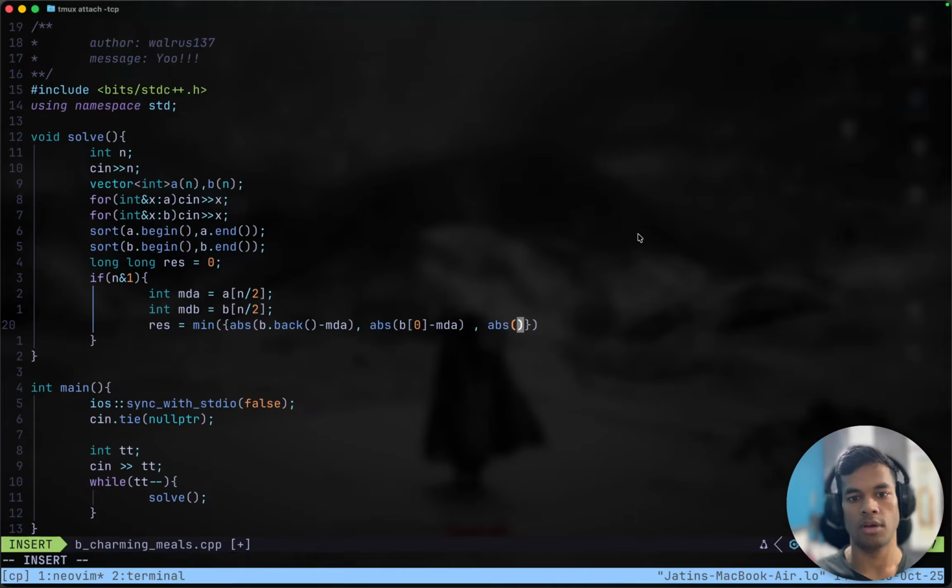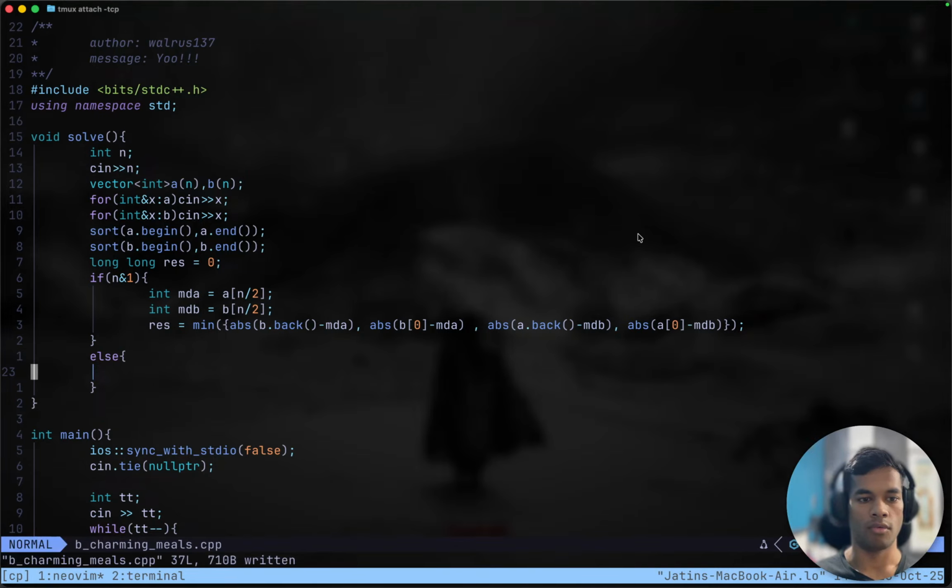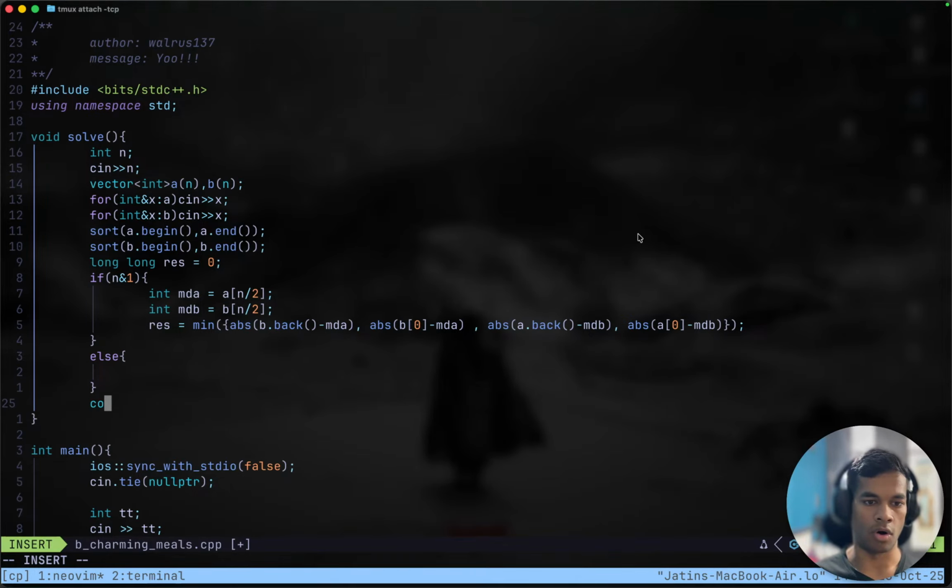Another one is absolute value of A.back minus median of B, comma, absolute value of the first value in A minus median of B. That is our response when n is odd. At the end we will output res, but if n is even,